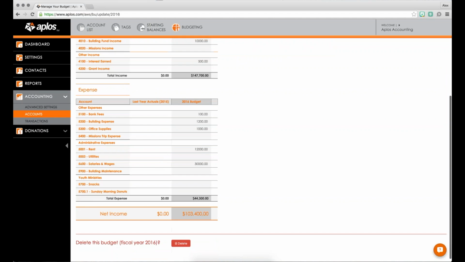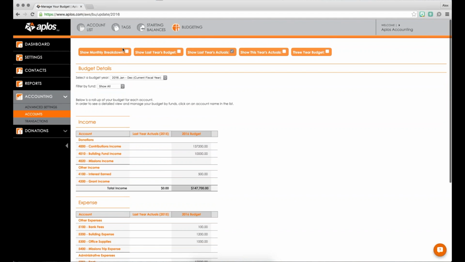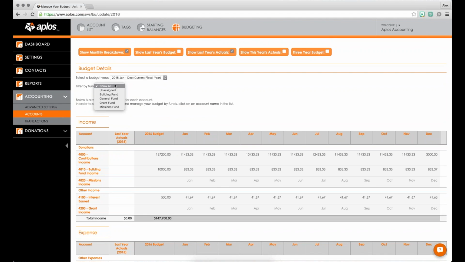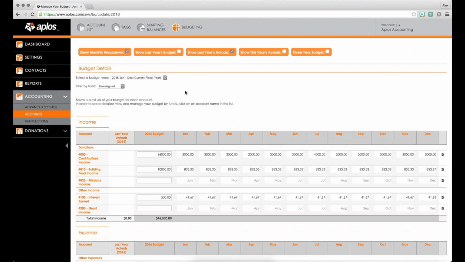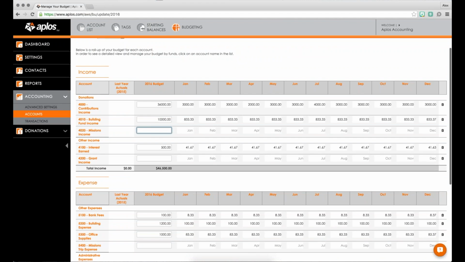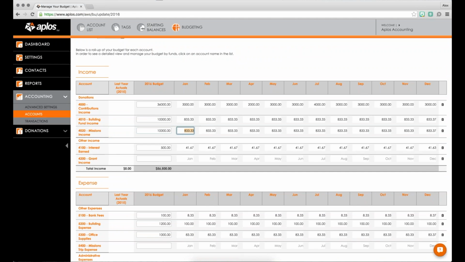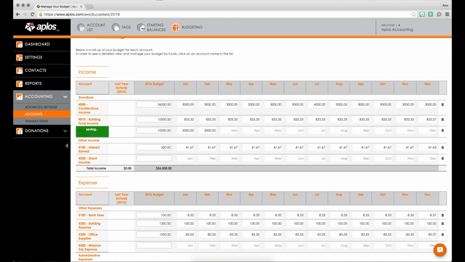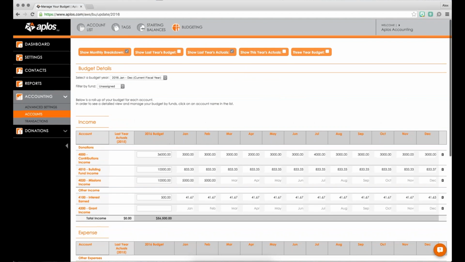Okay, so as you are budgeting by fund, you can also add some other information up here at the top, like a monthly breakdown. So let's say I go to unassigned here. If I wanted to enter that I expect to receive $10,000 in this particular income account, I can do that. And what it's going to do is automatically split that amount up over 12 months. But you can actually go in here and say, I expect to receive 5,000 here and 5,000 here, and then nothing for these months at all. Just how the year works. So that will make the total budget 10,000 still. The 5,000 is broken up into January and February, and now that is your budget value that you can compare